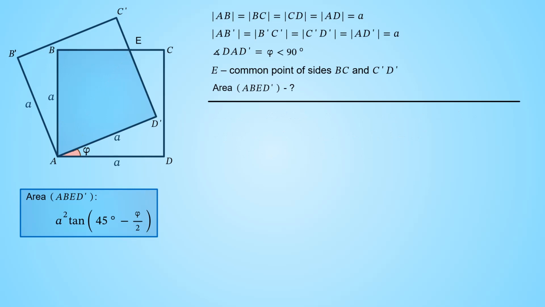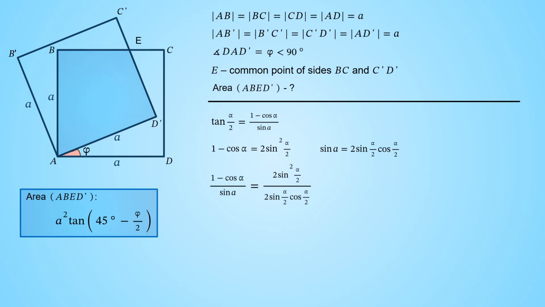However, this formula is not always convenient, as it contains half of an angle. Another formula can be obtained by using the following identity. If you are unfamiliar with that, you should be certainly familiar with the following two identities, appearing in any textbook. And if we divide the first identity by the second, after some cancellations, we end up with sine half of alpha over cosine half of alpha, which is by definition tangent of half of alpha, so the identity is proven.